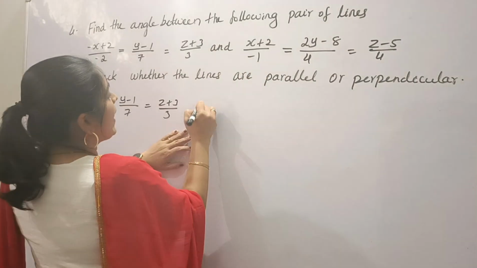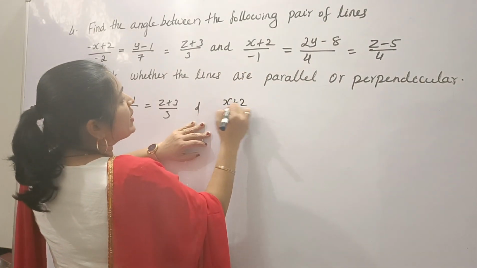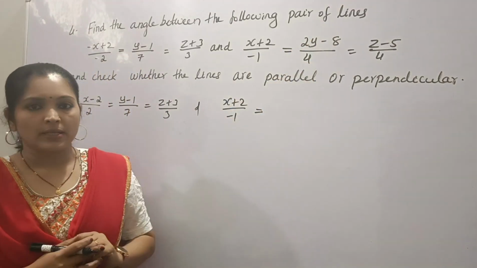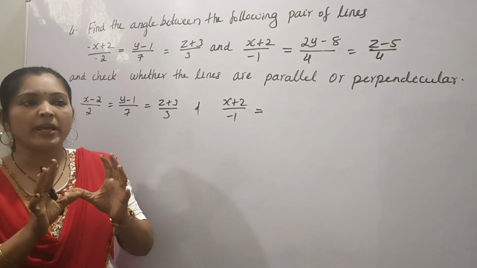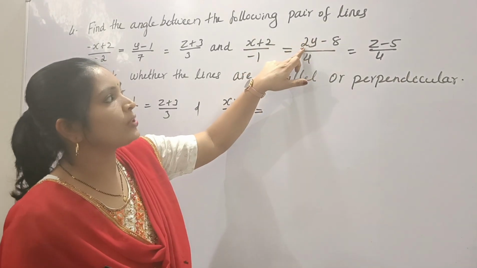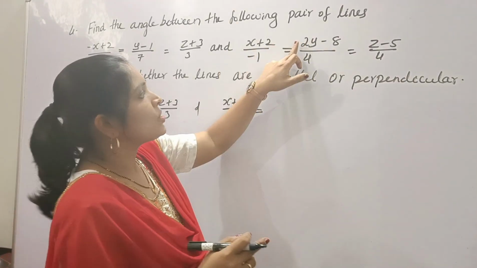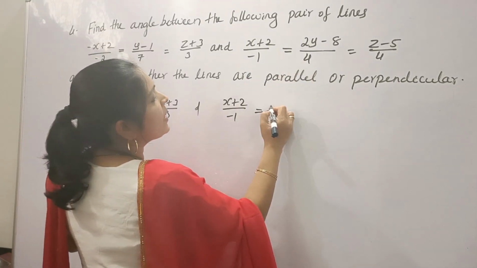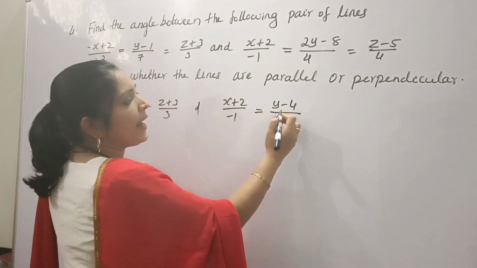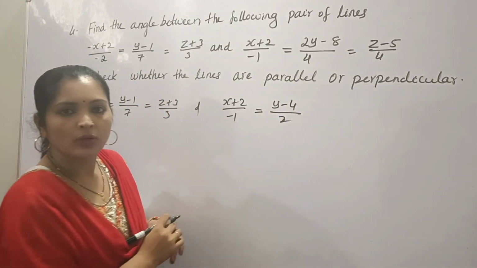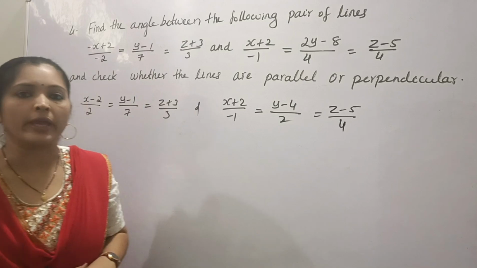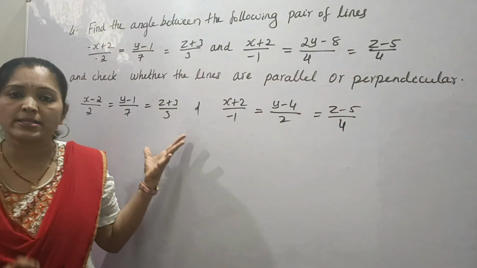And here, x plus 2 divided by minus 1 is equal to, see here, 2y minus 8. Okay. Y, we have to make it in the form of y minus y1. So for that, let's take 2 outside. So it will be y minus 4 divided by 4 by 2. That 2 we will write here, 4 by 2, that is 2. Okay. That is equal to z minus 5 divided by 4. Okay. Now these equations are in standard